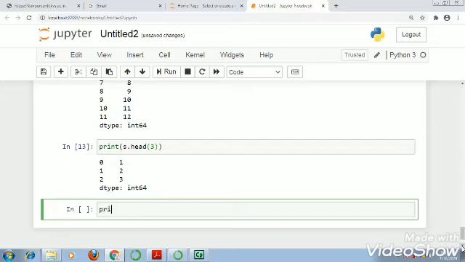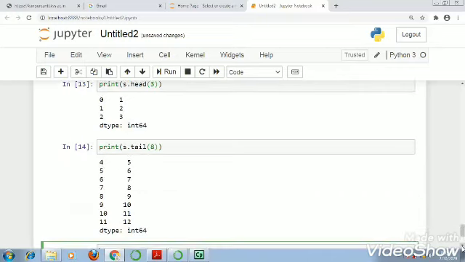If I write suppose s.tail(8), so it will give us the bottom 8 rows from the series.